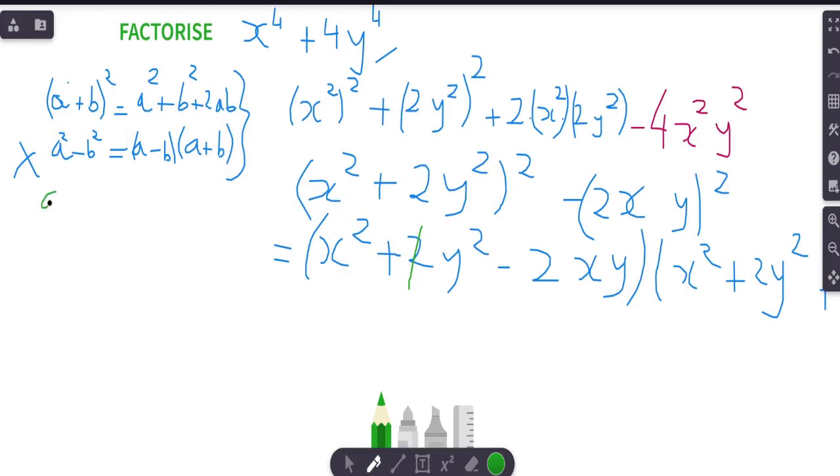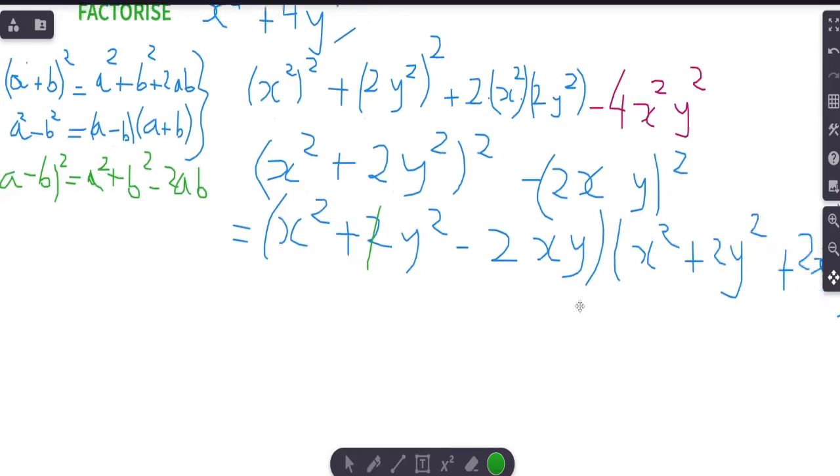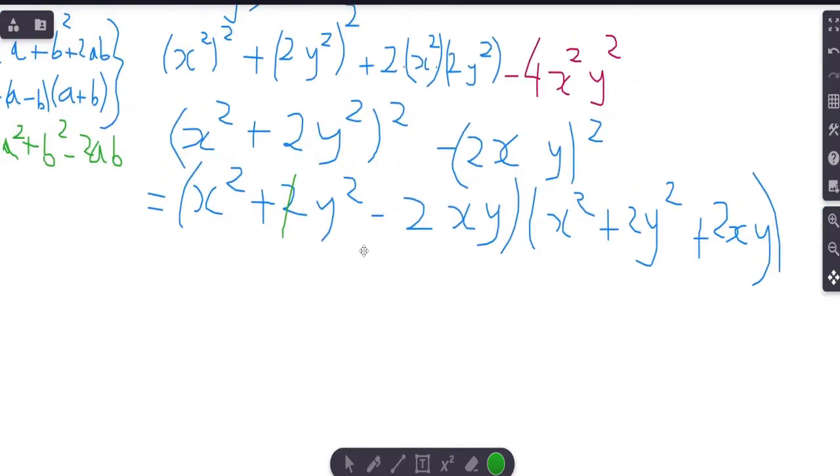This is a minus b squared, which is a squared plus b squared minus 2 times a times b. Okay. So the only thing we have to do here is to rewrite the expression